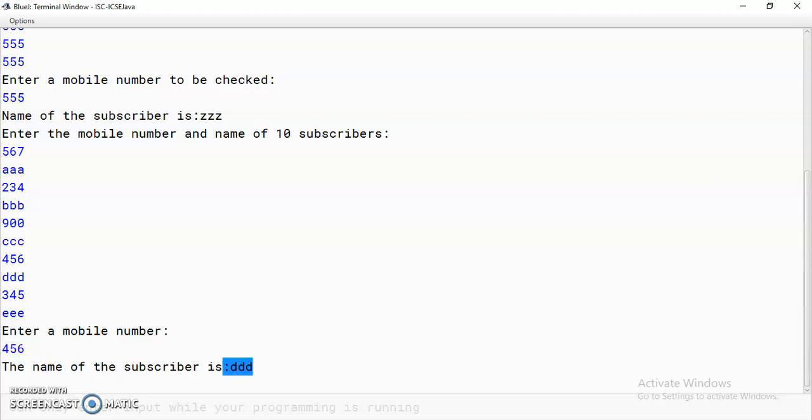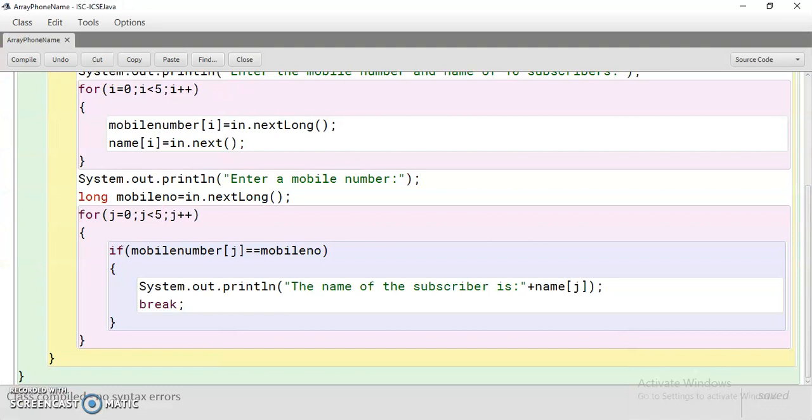So this is actually one of the most likely asked types of questions in the ICSE computer applications board examination. So with this